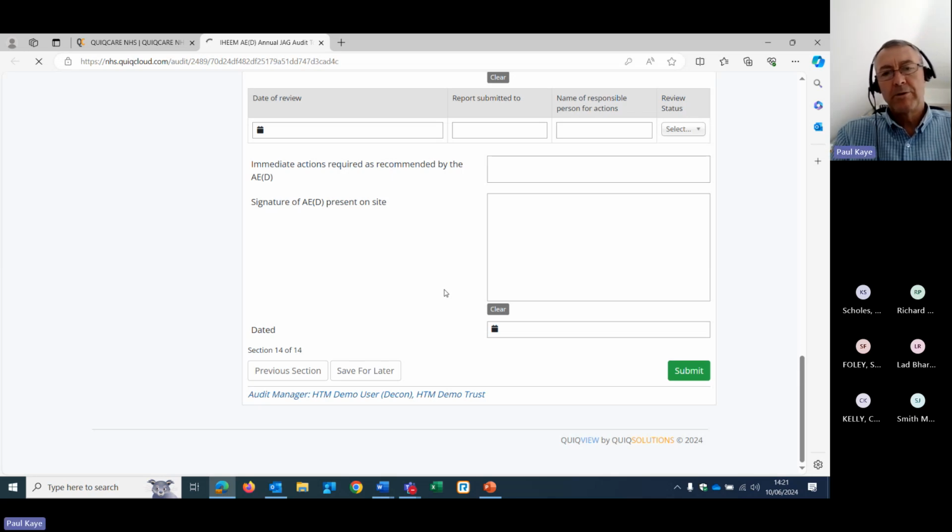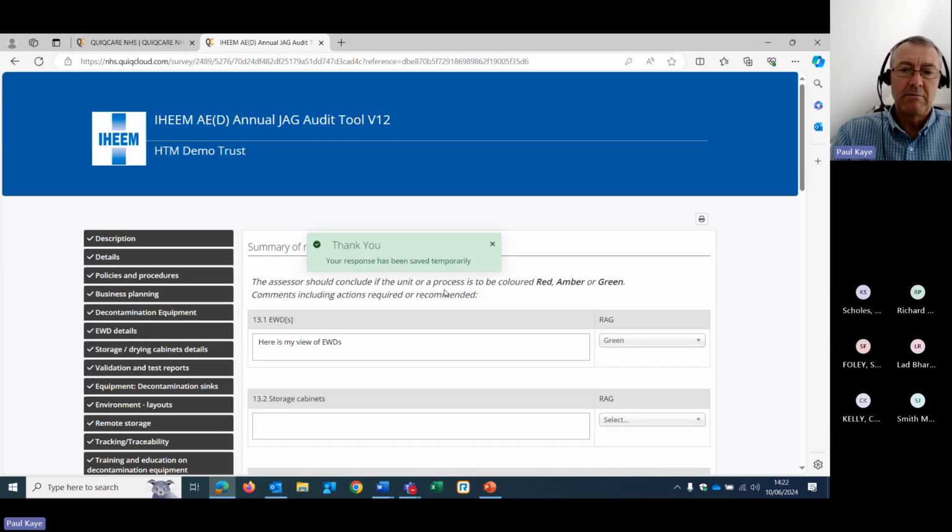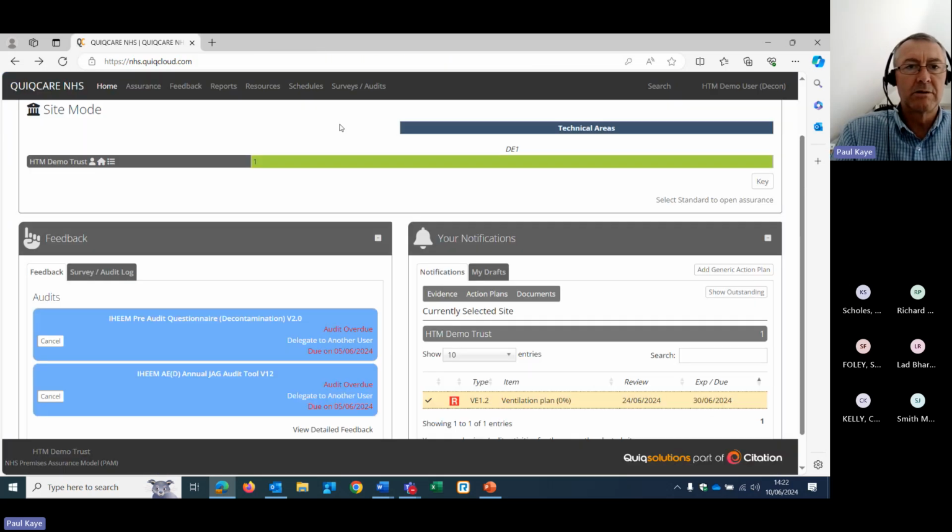So two things could happen once the audit is complete. If you have the digital version, i.e. our self-assessment tool, you're notified and it will attach the audit to the relevant section for decontamination in PAM, as well as in the HTM tool, in the more detailed tool. So you can open it there and then maybe take on board the actions. If you don't have that end of the equation, you could just print the audit out. It will be sent to you as an email, as a PDF, and then you can act on it and respond in whatever way you might normally do with your existing systems.